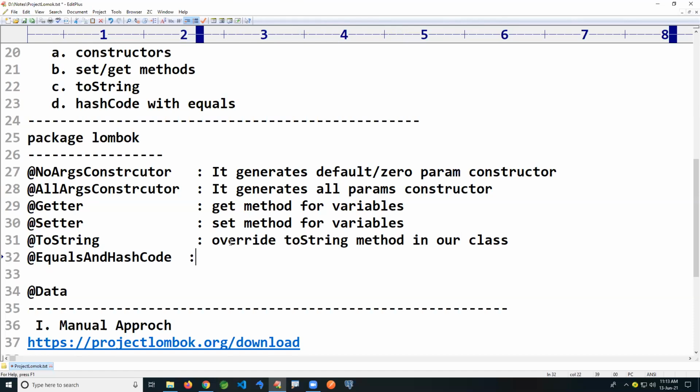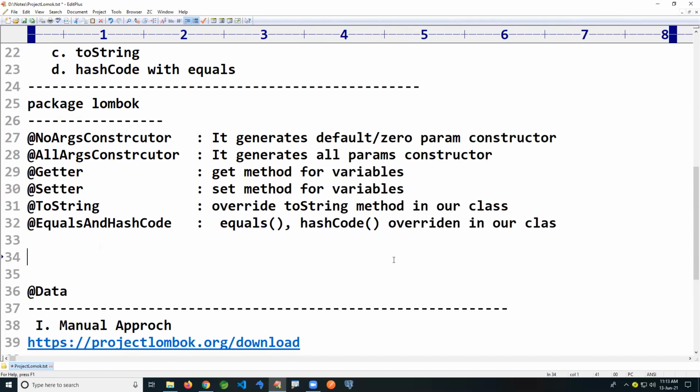Even the equals method and hashCode method are overridden in our class. There is one more annotation we are going to see at the time of @Data, called RequiredArgsConstructor.